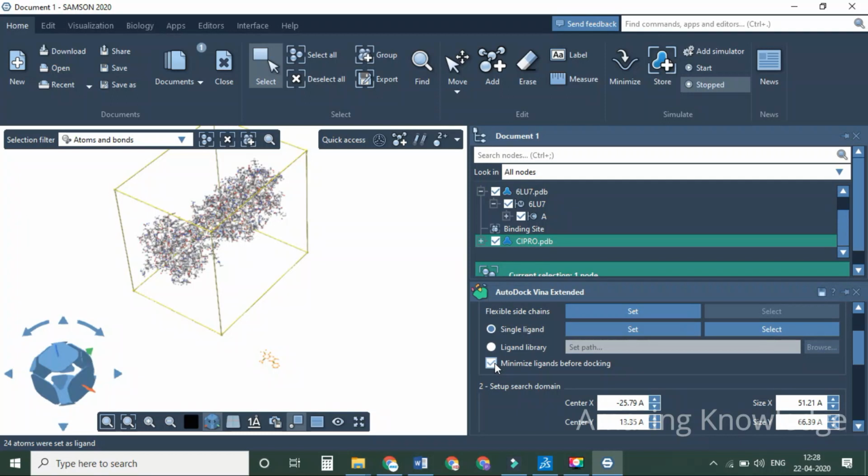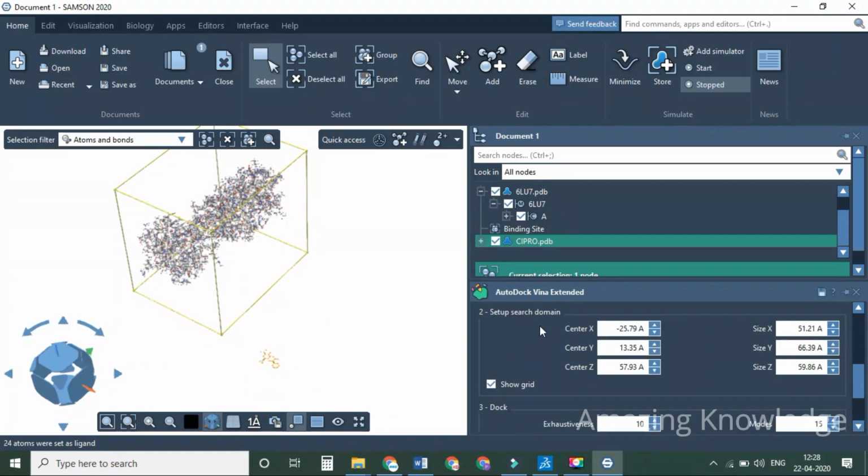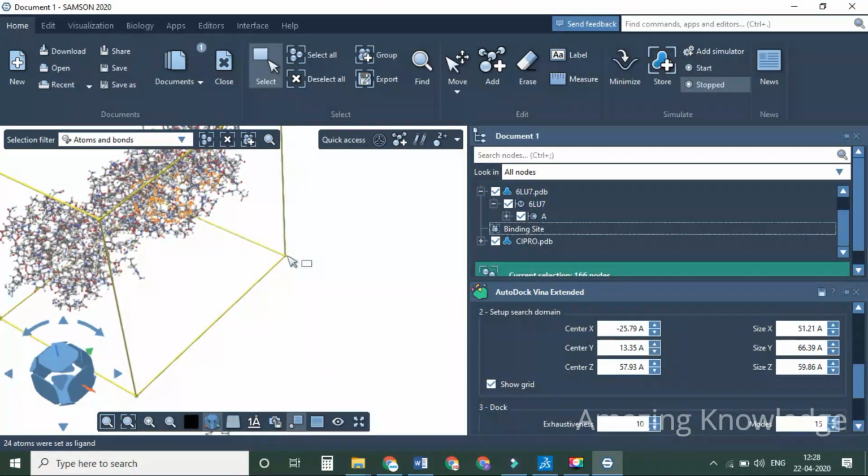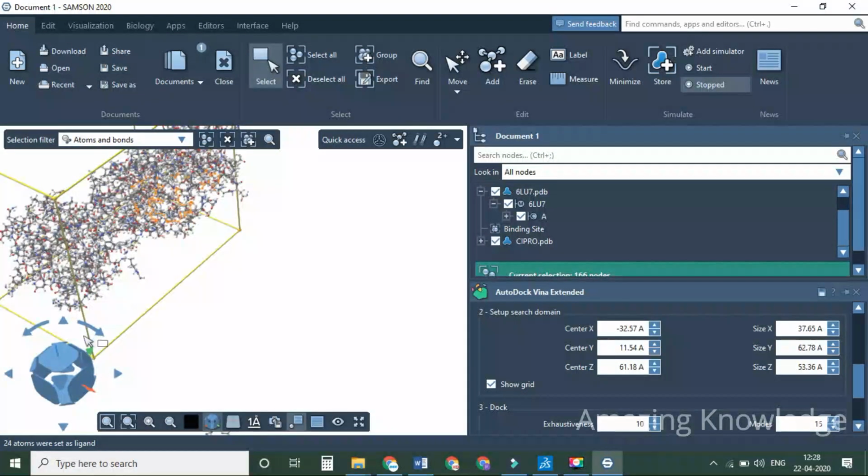Then the next one is, I'm going to select the binding site residues within the grid box. So already we have grouped the binding site residues here. When you double click it, only those residues are selected. So now you move this box, you double click it and place the cursor, you move this box and enclose completely all the active site residues.